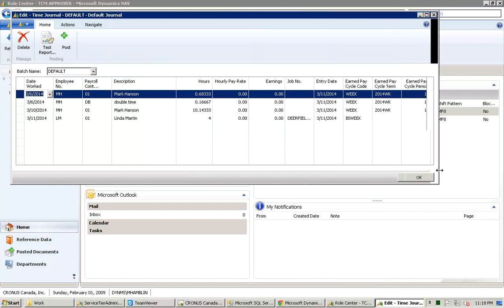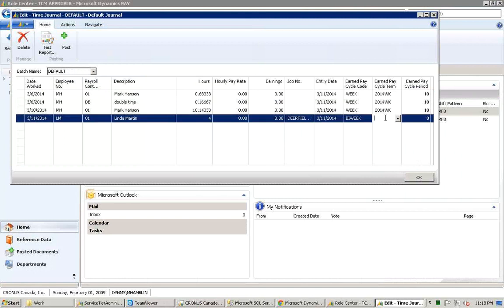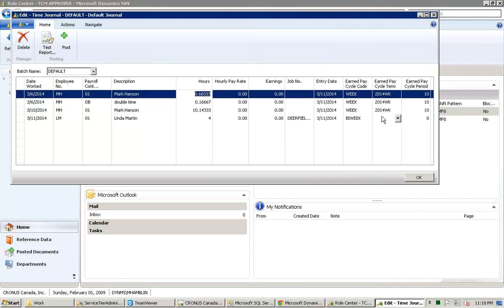And you can see here where it's left as blank. This user's configuration hasn't been set up properly, so they don't have all the data coming in appropriately. They'd have to change that in the payroll setup to have it work. Generally, all the time that we've entered has been exported out to the payroll system for them to now start